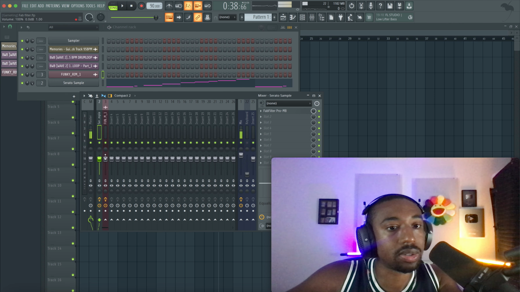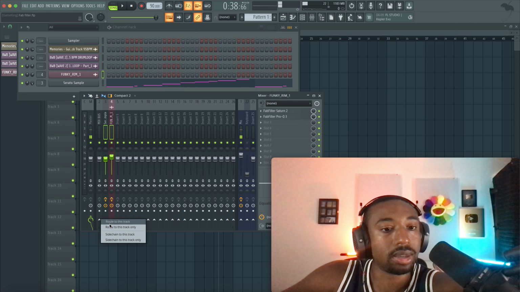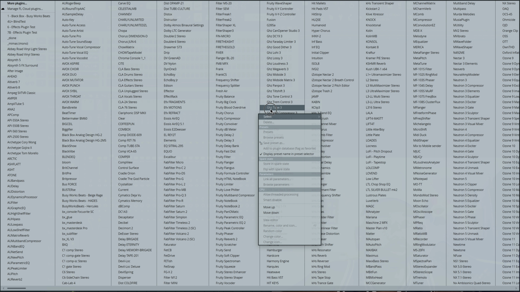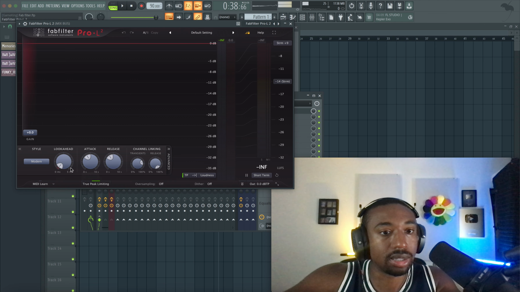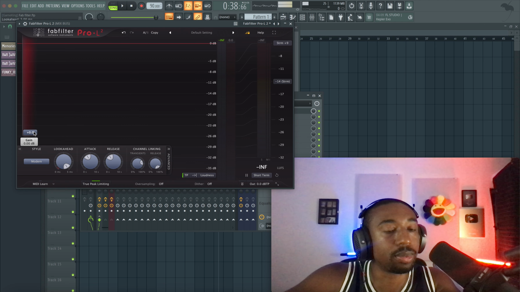And now I can turn up my drums because now we have a lot more headroom because I shaved off the top end with that saturator. Last thing I'll add to this mix is an L2. So L2 is really good. I would use this on vocals, but I don't have any vocals ready right now. So we're gonna just right click, route to this track only. Now, would I master a beat this way? Maybe for YouTube, but I wouldn't tell you guys to just slap a limiter on everything. So Pro L2 is just really good. Basically, you just turn up the gain, turn up the look ahead, and then turn up the gain.